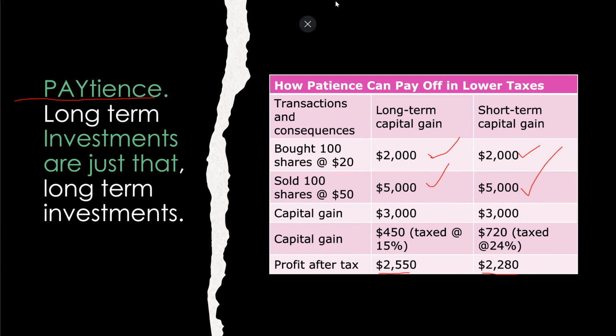Now I know what you're thinking. Oh, that's bullshit. I don't want to hold it for a year for an extra couple $100. But guess what? You're looking at it wrong. That's not a couple $100 extra bucks. That's well over 10%. That's 20-something% of your initial investment right here. And then this one is just over 10% of your initial investment. So what if this was 20,000? That 25,500 is going to look a lot better than 22,080, right? So think about it. In long-term patience, it'll pay nicely.